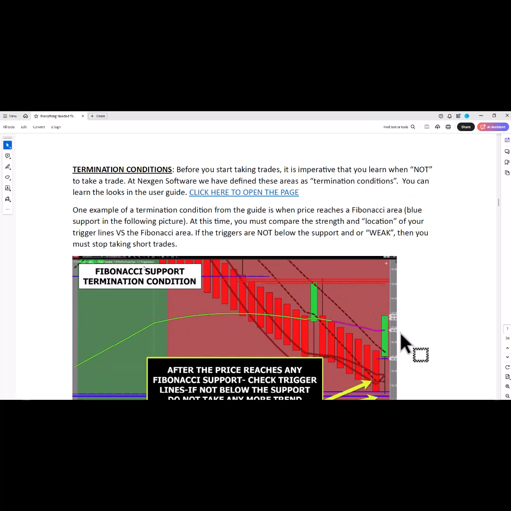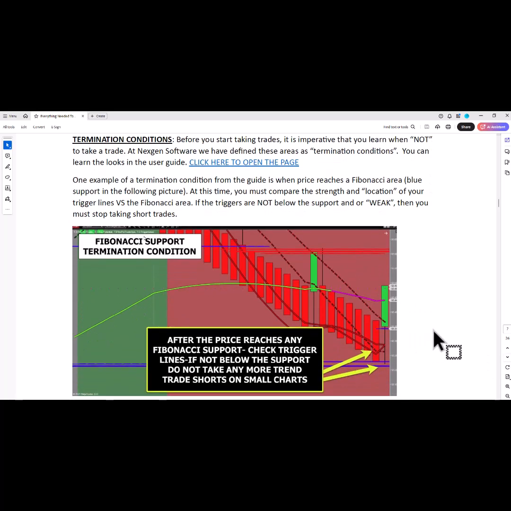adding in extra trades, you have to be good on your management, which we're going to go through management here because I think it's a really good thing to go through. Terminations and management of your trades. As long as you have those two things mastered, you almost can't screw it up. You can. People still find a way, but as long as you have terminations correct and management correct, and I'm